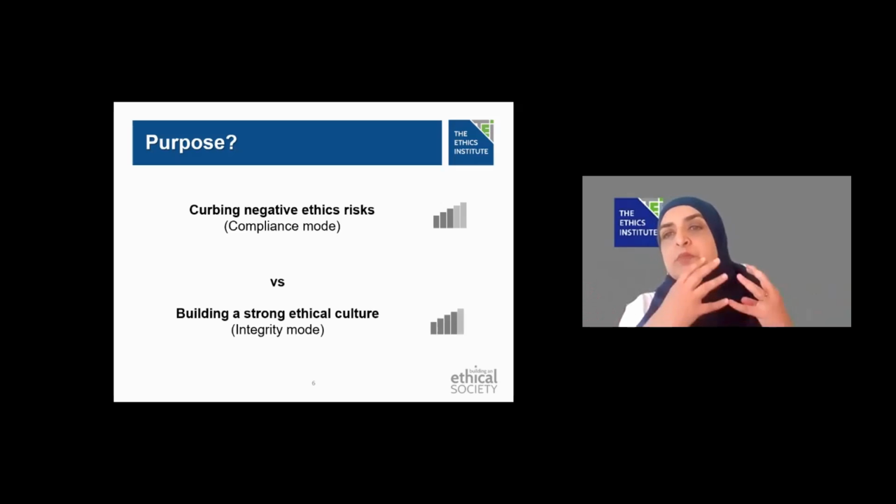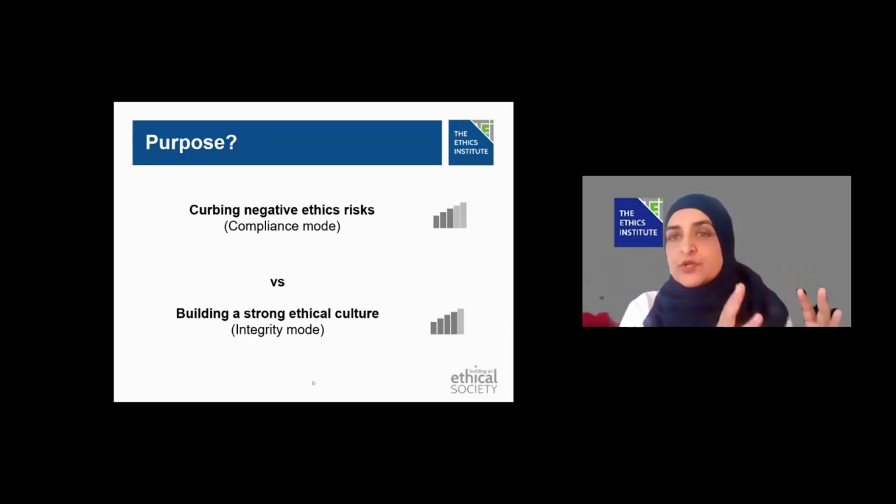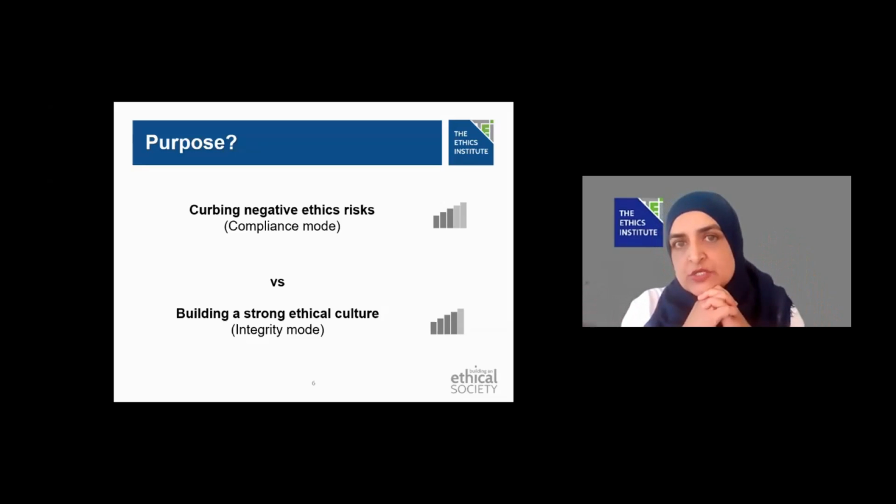That means that I'm drafting this code of ethics with the intention of contributing to building an ethical culture. And when I do that, the mindset and the approach in which I develop this document is determined strongly by the answer to that question. So before we get into the detail, that is the most fundamental question that we need to get into.